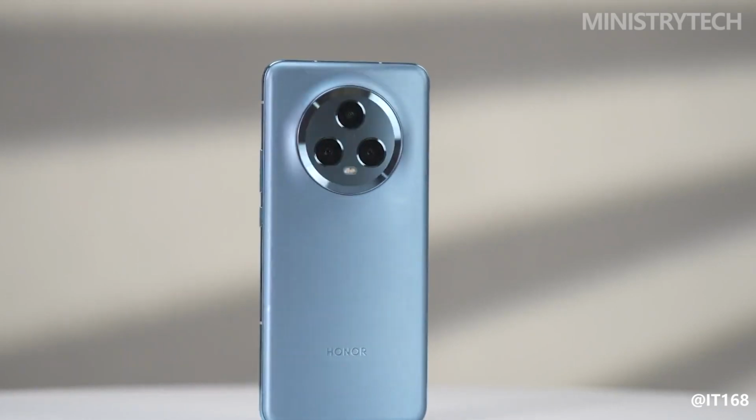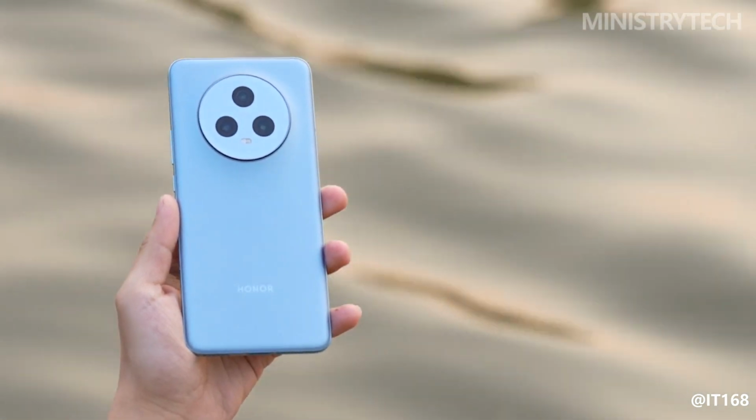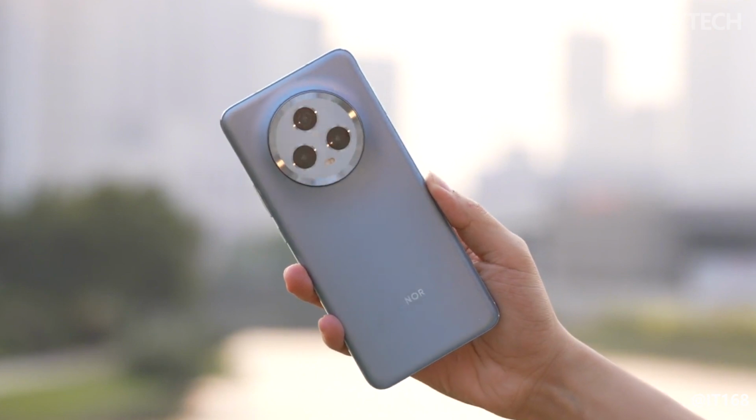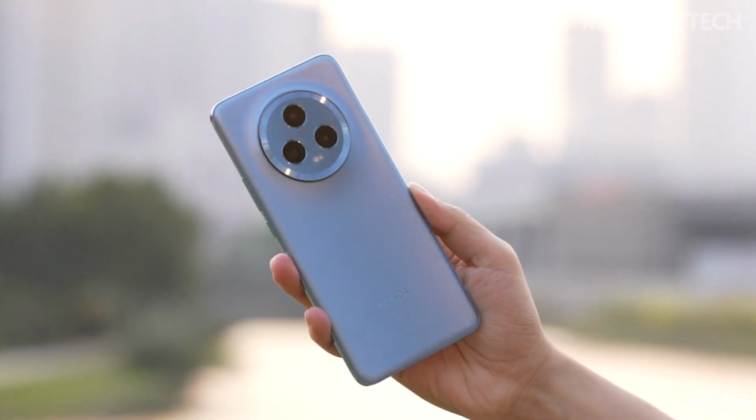The Magic 5 line, another flagship series from Honor, is ready to launch. The Magic 5 Lite is already on sale, and shortly it will be joined by the 5 and 5 Pro, given a launch at the MWC Trade Expo. Here's everything you need to know about the Magic 5 phones and any additional variants that may be introduced in